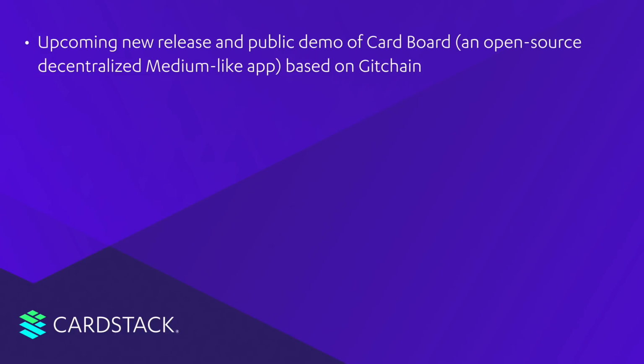So the current version of Cardboard is on GitHub. The data is stored in GitHub in something called Cardboard-data. But we are using that same data as a test case to move it onto Gitchain, and hopefully within the next couple of days, if not the next week, we'll record a demo of that working on Gitchain using the permission network level version, but then that will also become the code base that we'll use to test the